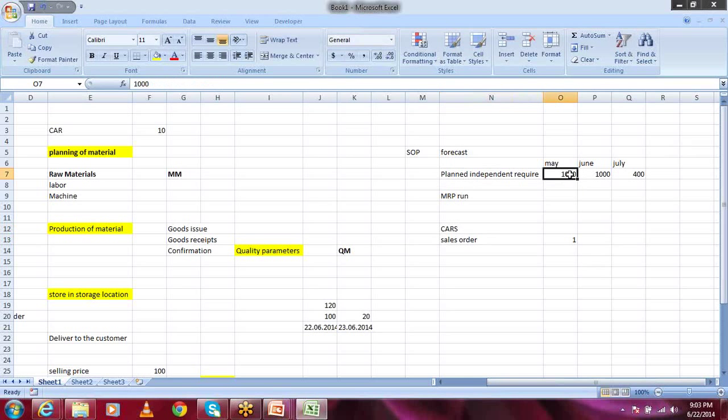Okay, you planned, sorry, 1,000. So based on the 1,000, you need to plan the remaining. For example, this 1,000 is 1,000 tons of cement, so you plan at the level of cement. If in the month of May you are planning for 1,000 tons, then by May you must have all the raw materials. Without raw materials you cannot produce. So you need to plan the raw materials, the machines, the labor, all these things. So you require MRP planning.